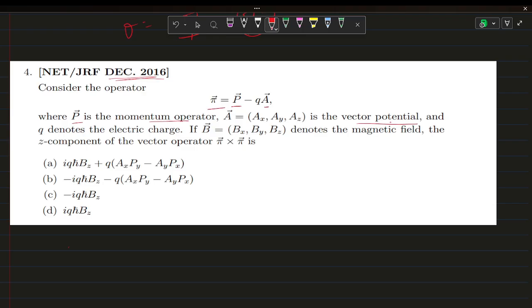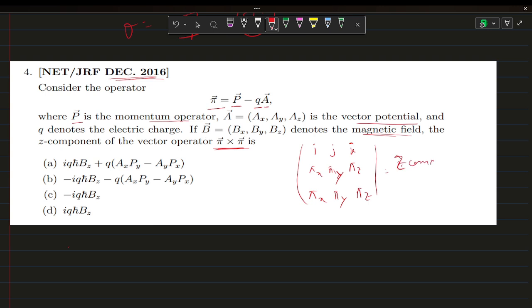And Q denotes the electric charge. Here Q is the electric charge. If B denotes the magnetic field, then the Z component of the vector pi cross pi. So we have to find the Z component of the vector operator pi cross pi. So how can we find it? We can directly use pi x, pi y, pi z, pi x, pi y, pi z. So the z component